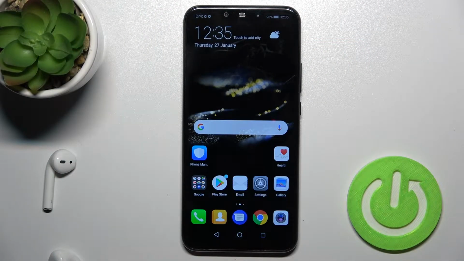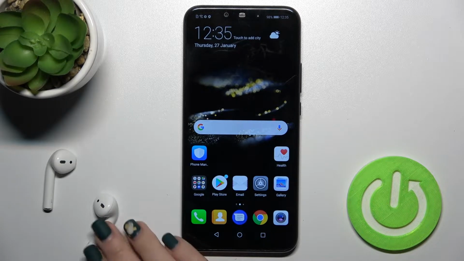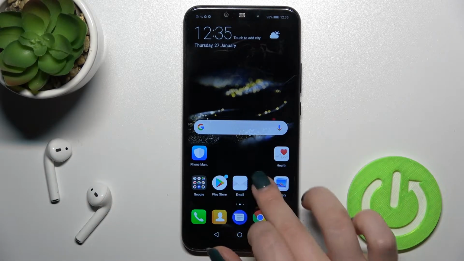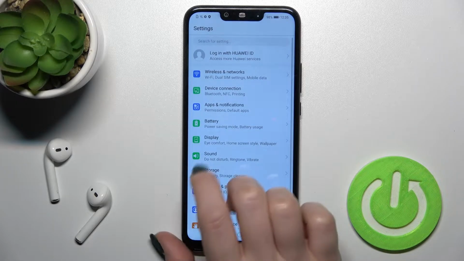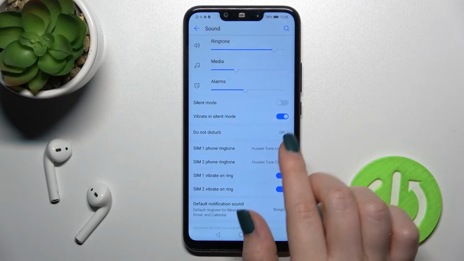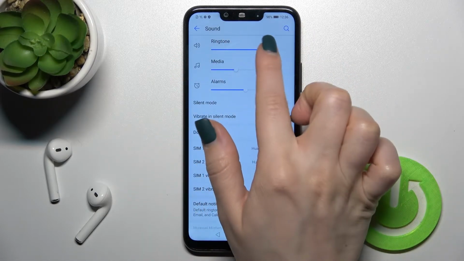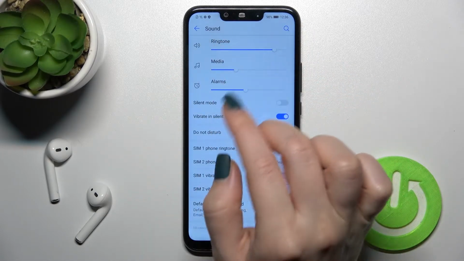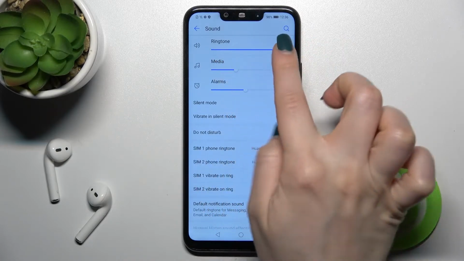Welcome, today in front of me is a Huawei Mate 20 Lite, and I'll show you how to mute notification sound on this device. So first you should go into the settings application and then tap on the sound section. Here you'll see the ringtone button panel, but on this panel you can mute the ringtone and also your notifications,